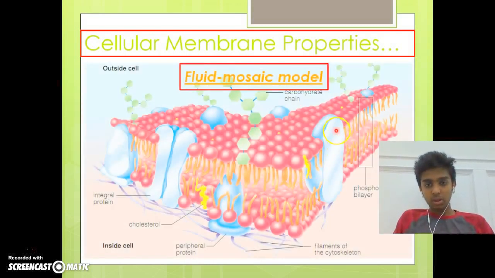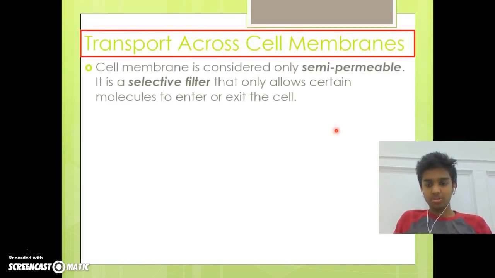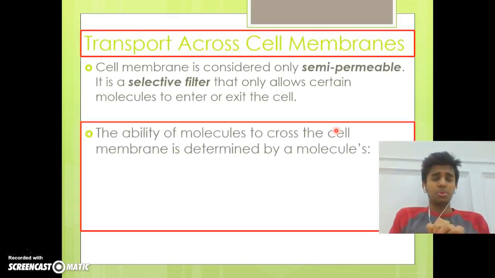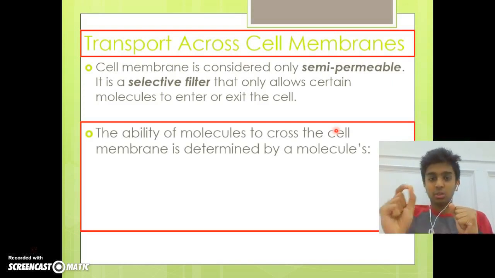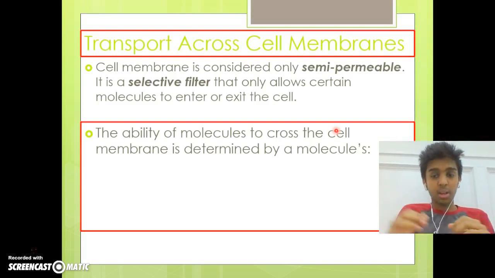And we also have the messenger proteins, which are not in that picture. It's on my PowerPoint. The cell membrane is considered only semi-permeable. It means it's a selective filter. It doesn't want just anyone to get in and out. It chooses who gets in and out. Anywho, the ability of molecules to cross the cell membrane is determined by